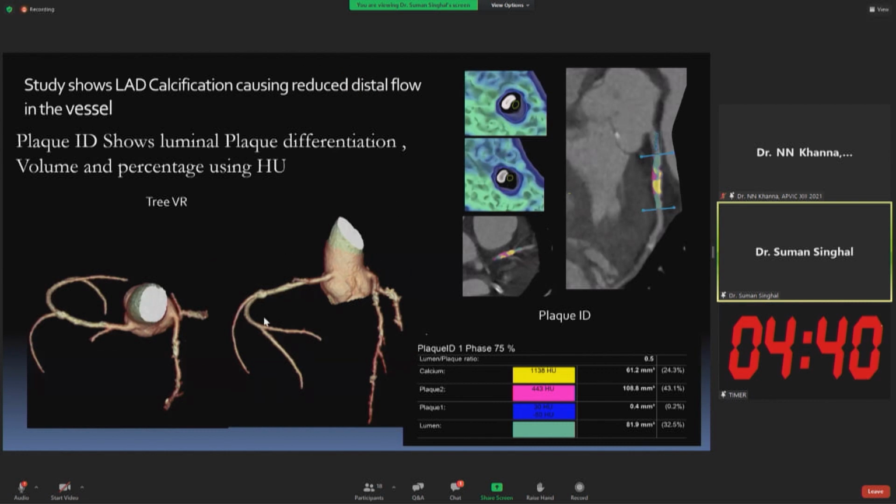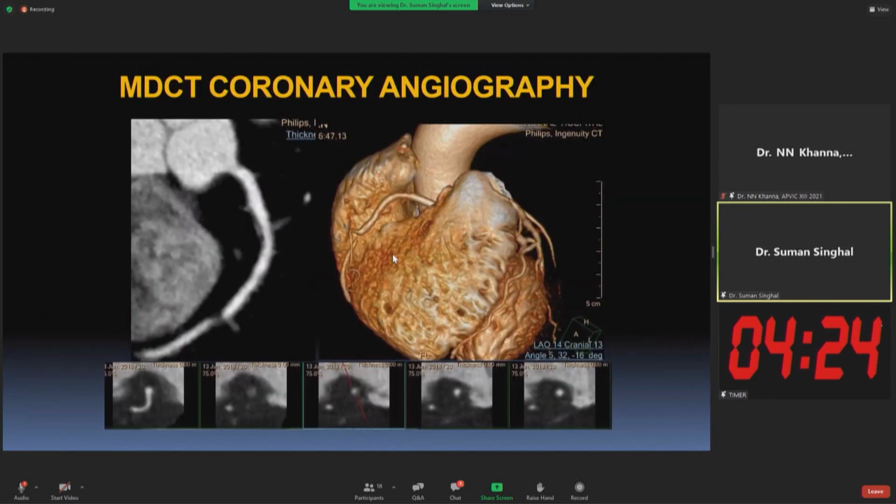We have got this new CT machine with AI, which gives us all the plaque features nicely in color coding, with IVUS images, where we can actually see the calcification, the lipid core, the positive remodeling, and the lumen very well. This was a patient who had come to us with just atypical chest pain and no definite cause of acute coronary syndrome.